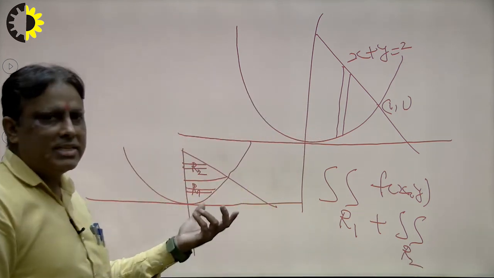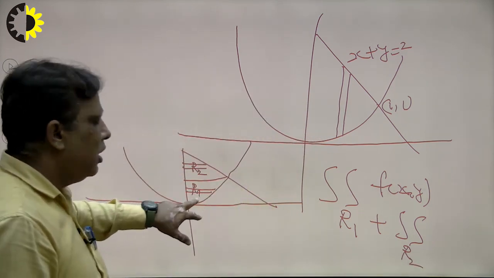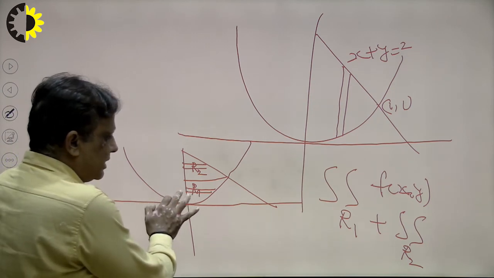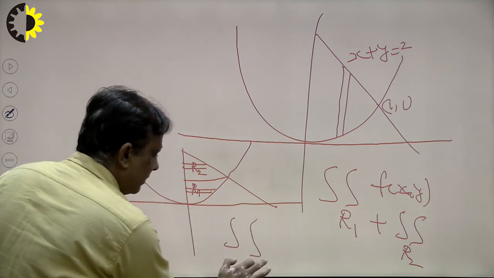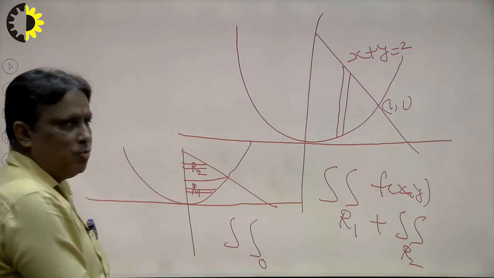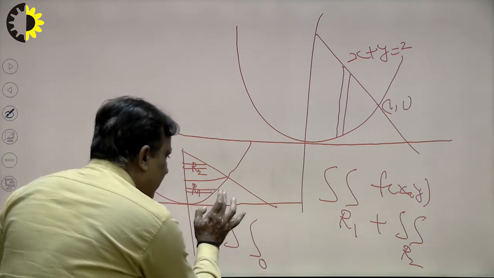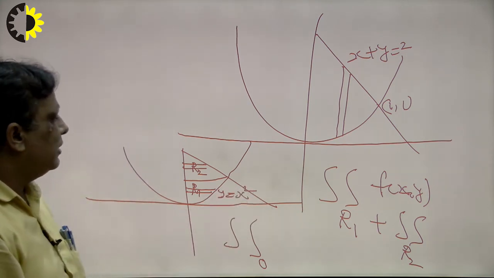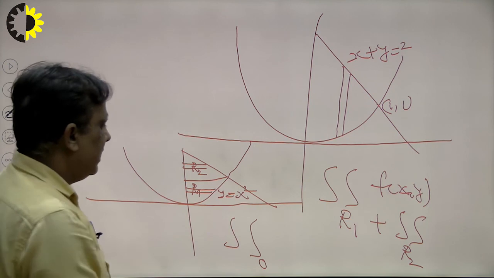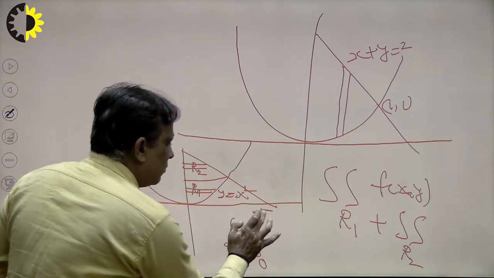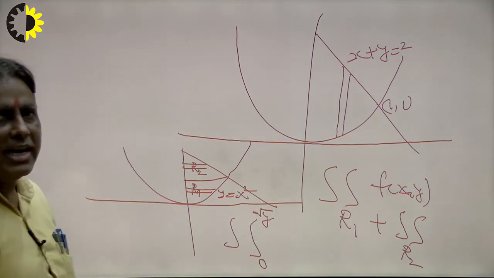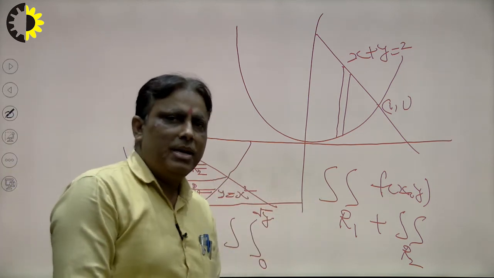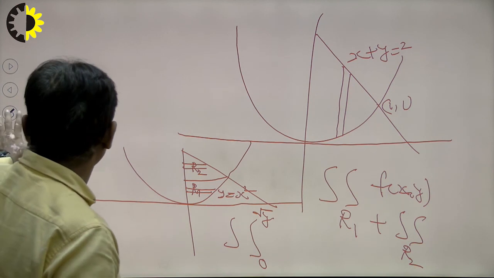Suppose any student says, sir, I want to take the limit from here. So how to take the limit? The lower part touches the x axis, that means 0, and the upper part touches the parabola. And what is the equation of the parabola here? y is equal to x square. So what will be the limit here? The limit of x will be under root y. I write here under root y. In this way we can calculate, and I explained this in the previous slide. Take the limit parallel to the x axis as well as parallel to the y axis.